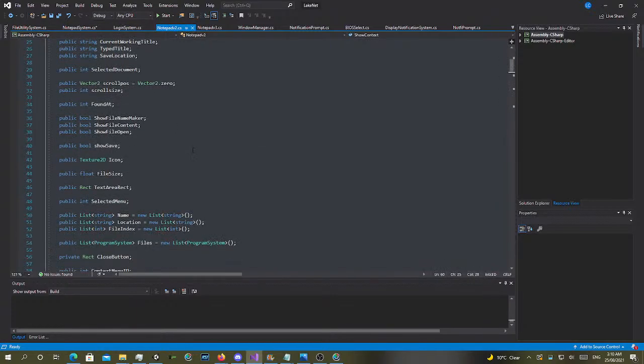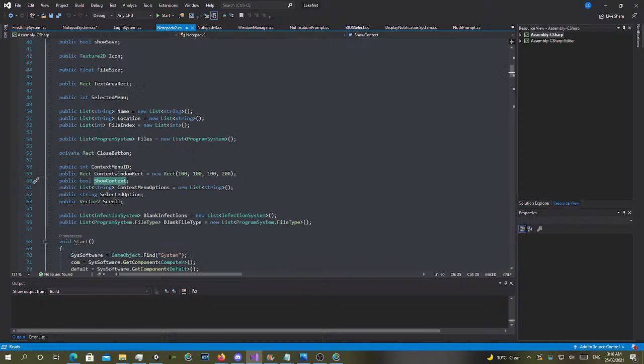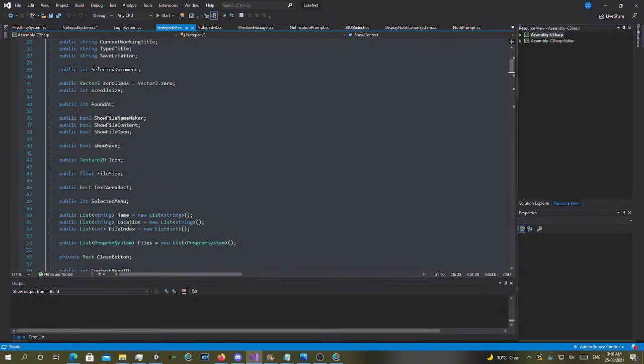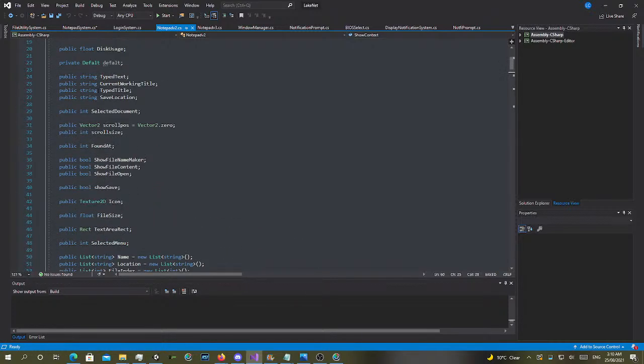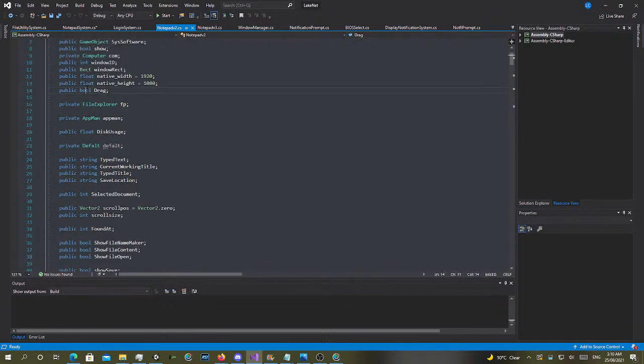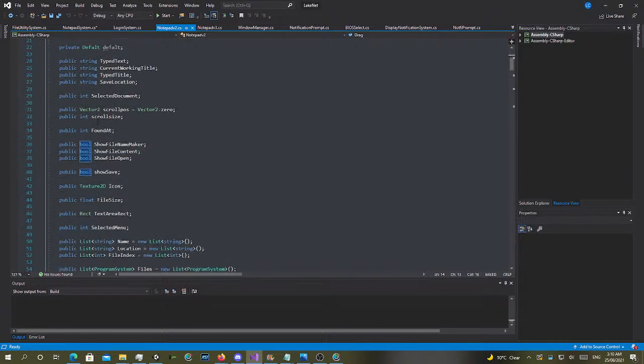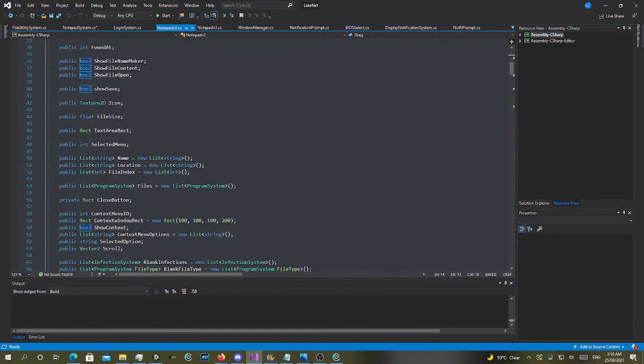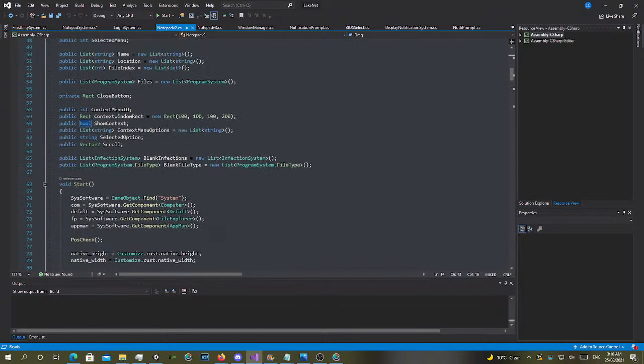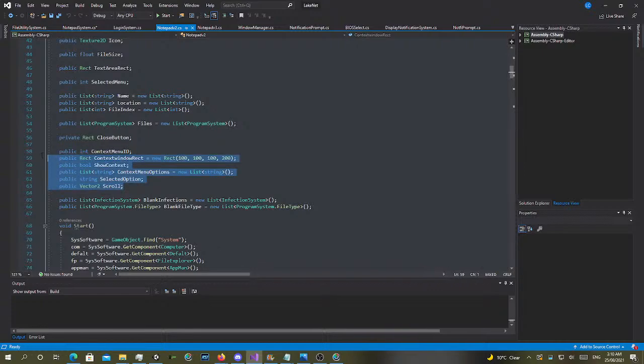I'm probably not gonna need all these, but I'm just copying all of these just in case, just to make our life easier. So we're just gonna drag: show file name maker, show file content, show file open, show file save, show content. Now, the interesting thing about the context menu,